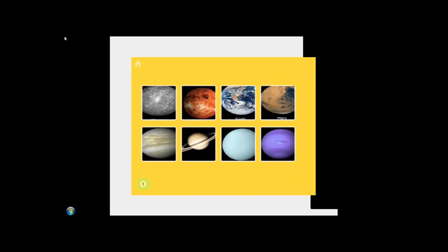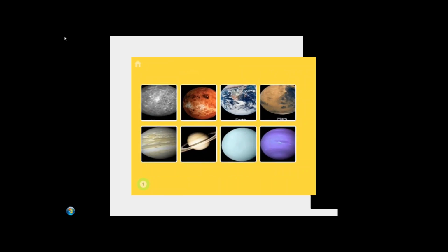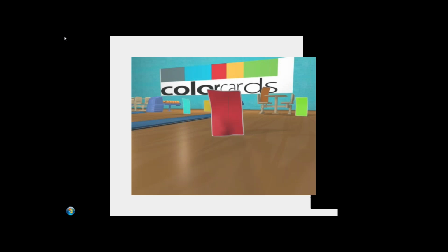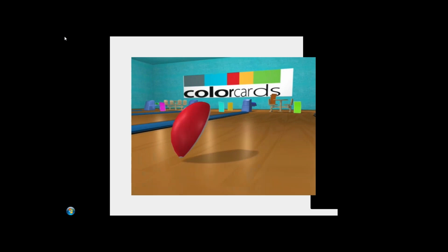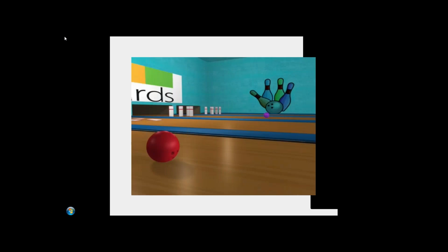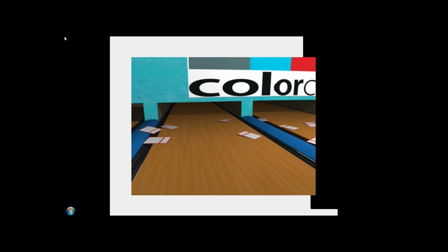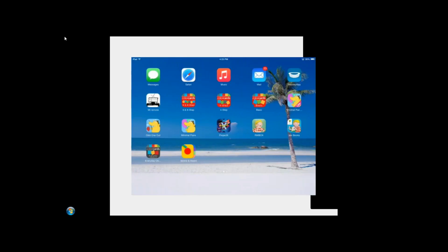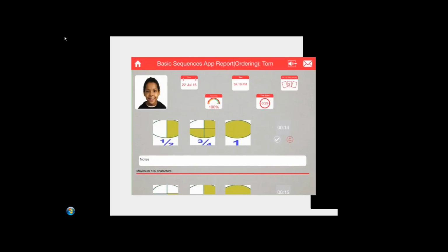And it works like that. So you've got lots of nice options for even using the more advanced app with sequences, 6 and 8 step. I'm going to flip back now to basic sequences to give you an idea of how I can also use the sequences apps for working on other skills related